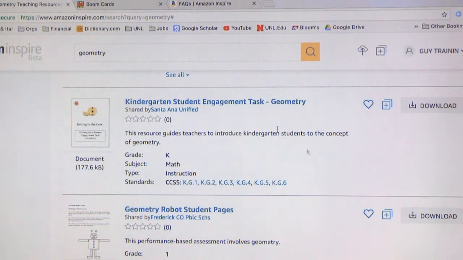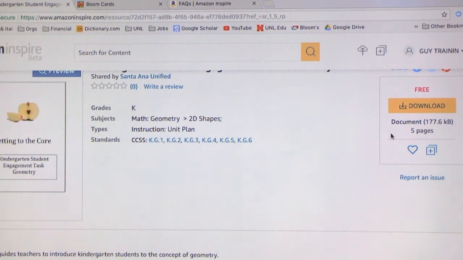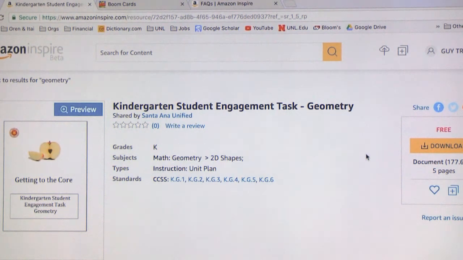But let's look. This is, for example, a kindergarten student engagement task. So you can go to the task itself. You can see how many people used it, how many people reviewed it. Right now, the level of reviews is very, very low. So that's something to develop, and that's one of the reasons I'm talking about this platform. I think it's worth exploring, and the ability for teachers to respond to it and talk about quality really will make the next generation of students and teachers using it much more able to discern things about quality.